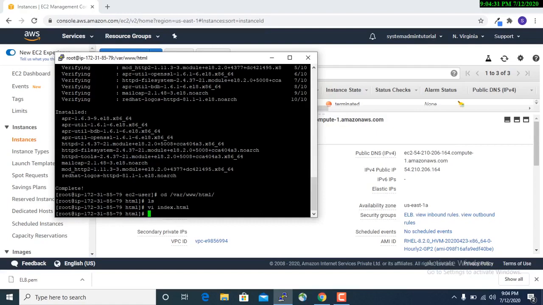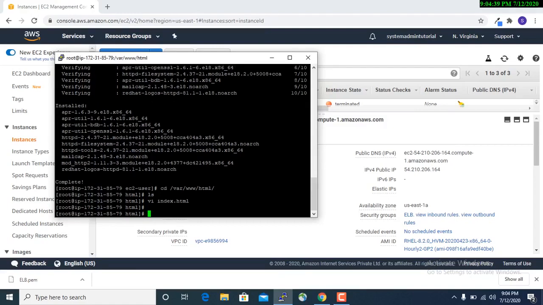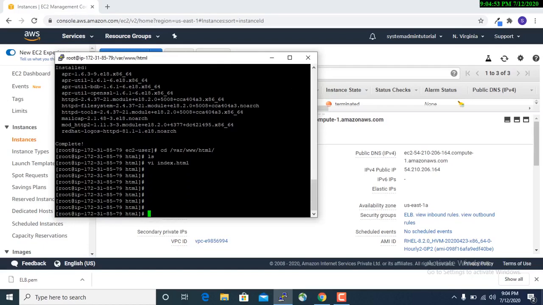To make the difference that it is switching to different servers, to show it I have to name it server 1, server 2, like this. But in a practical environment you have to keep the code the same in both the servers. Okay, once the index.html is created, you have to copy the httpd config file, which is already there in our documents. You have to copy that file from our documents, where some template files are there. From there you have to copy it to our configuration location, that is inside the etc folder.